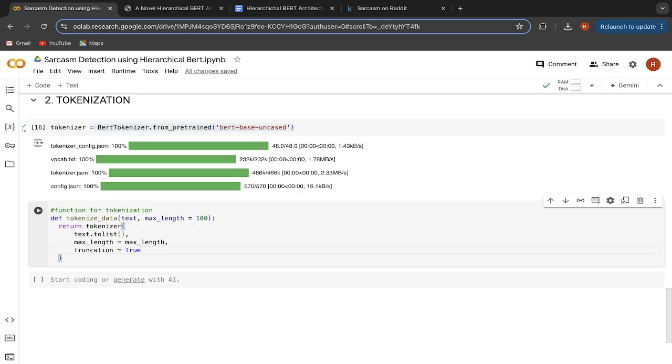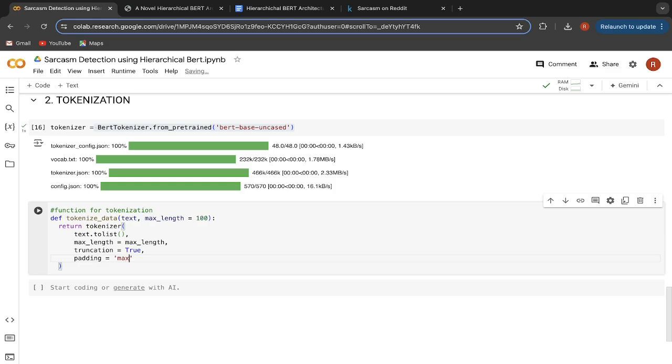That is, it will be removing or eliminating that extra 50 words to match the maximum limit. And after that we will say padding. Padding is equal to, we will give the maximum length. By this what we mean is, let's say you have number of words in a sentence less as compared to the maximum length. Like we have 70 words in a sentence, so the maximum length is 100. So it will add 30 padding elements in your sentence in order to make the maximum length of a sentence to 100. So after that, then we will return,